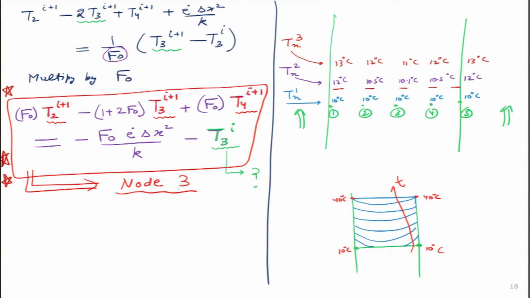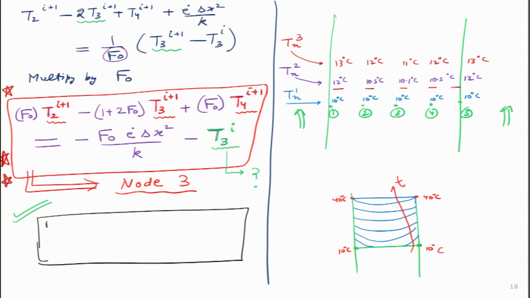So this exercise I have done for node 3. Can I do a similar exercise for node 4? By symmetry I can go ahead and write that for node 4 I will just change the number. So this will remain 4 here. This will become T3 i plus 1. Then the second one will remain the same, so I am just copying from this equation over here: 2 into 4 here, T3 will become T4 i plus 1. Then again 4 here, then this will be T5, this will be i plus 1.